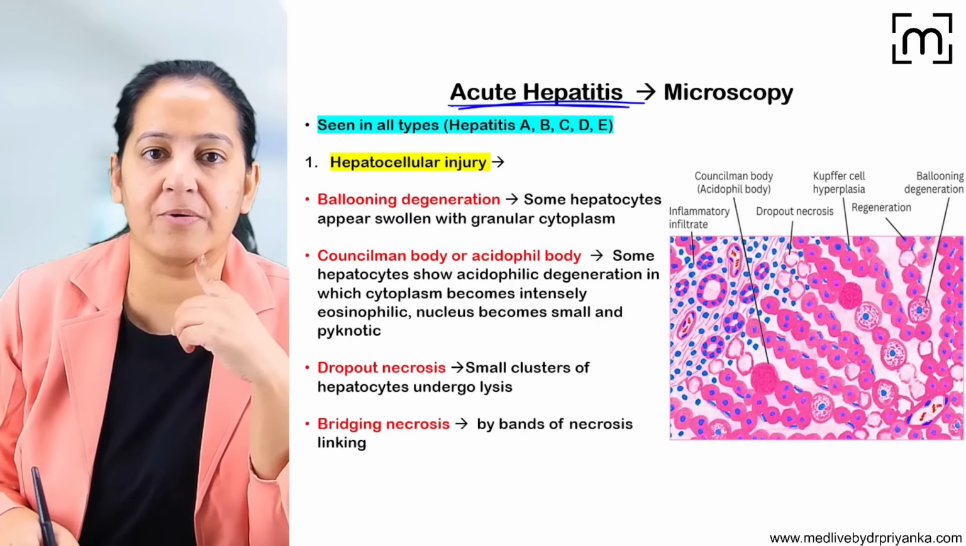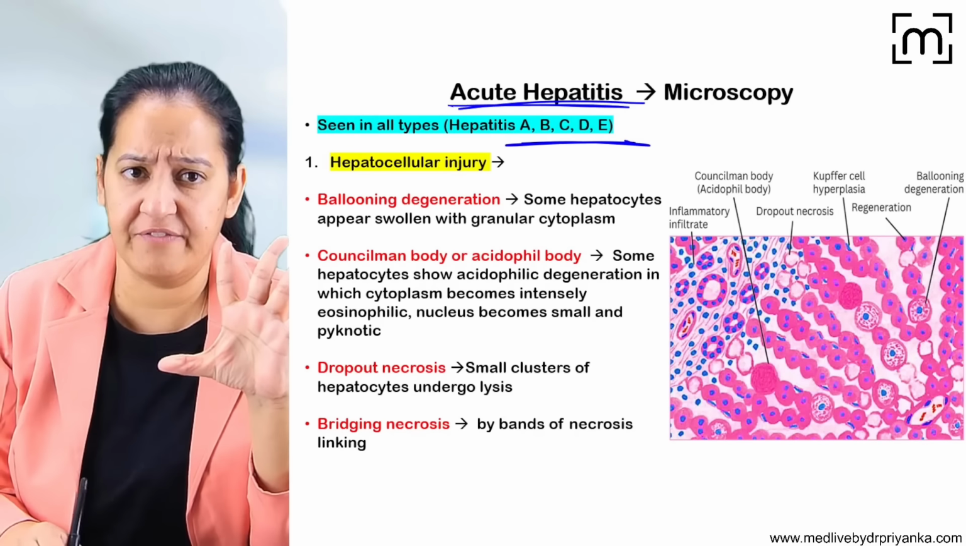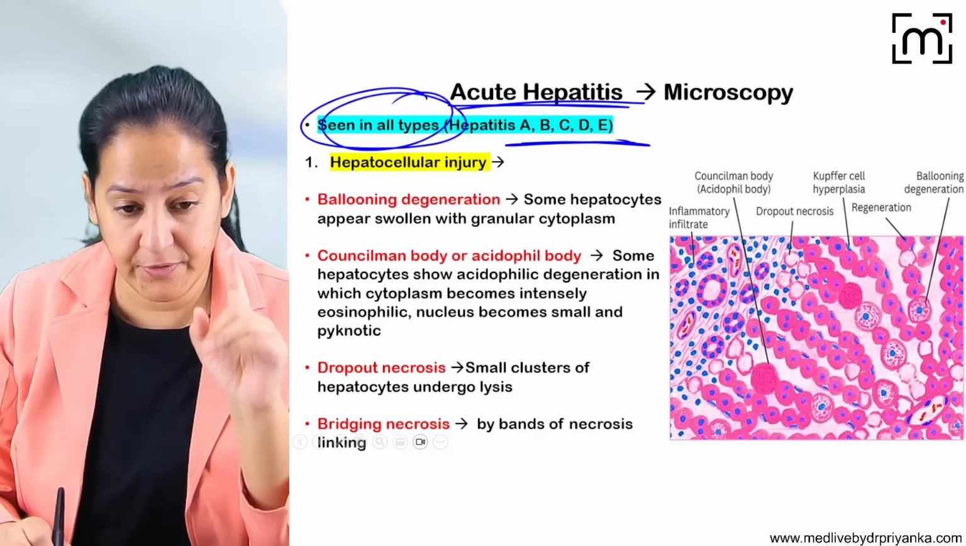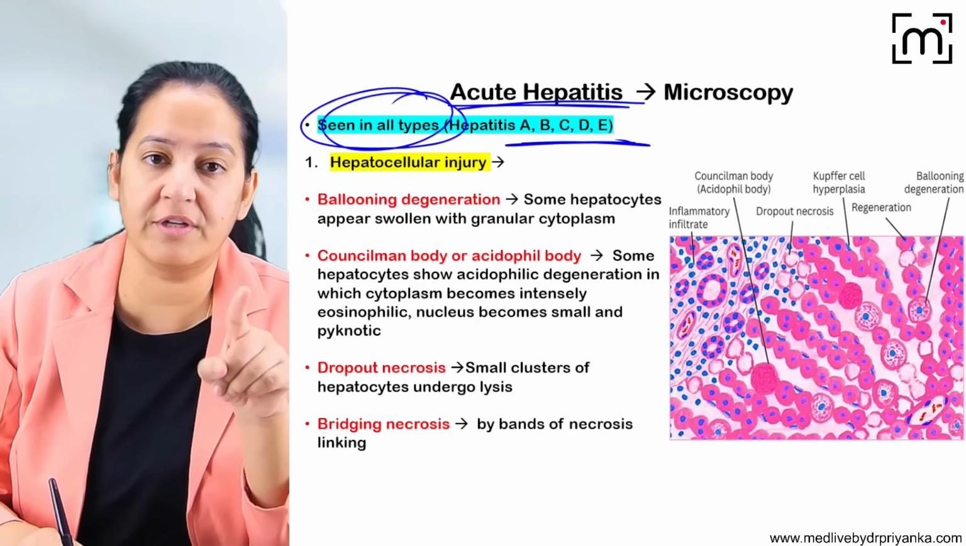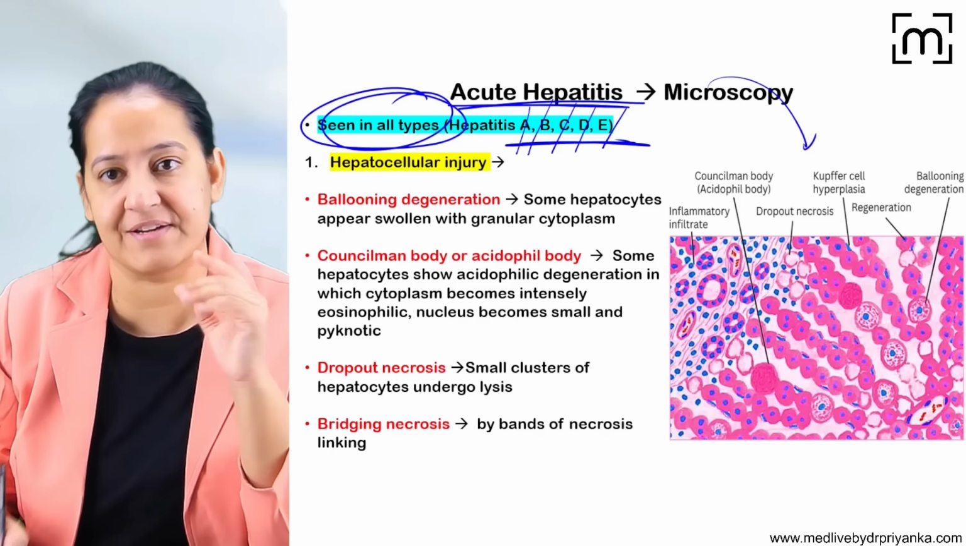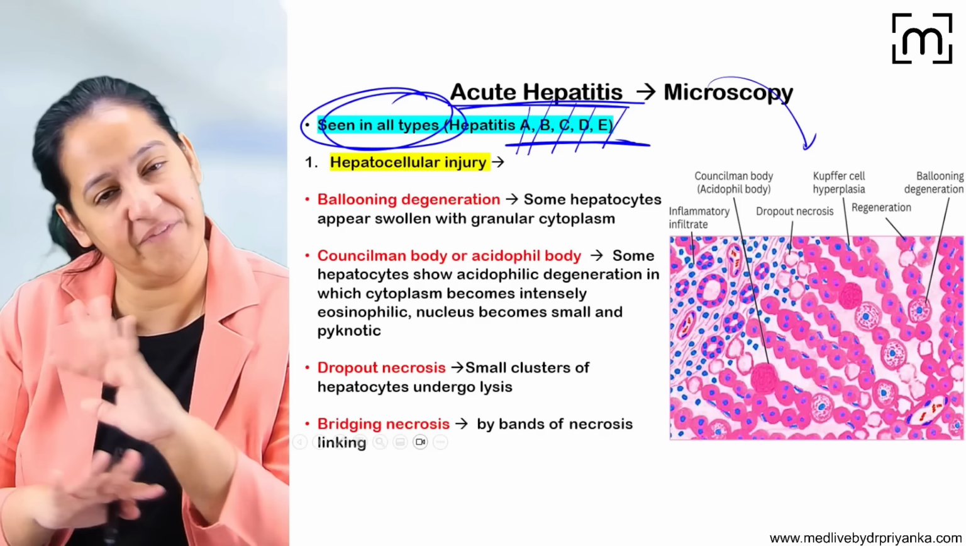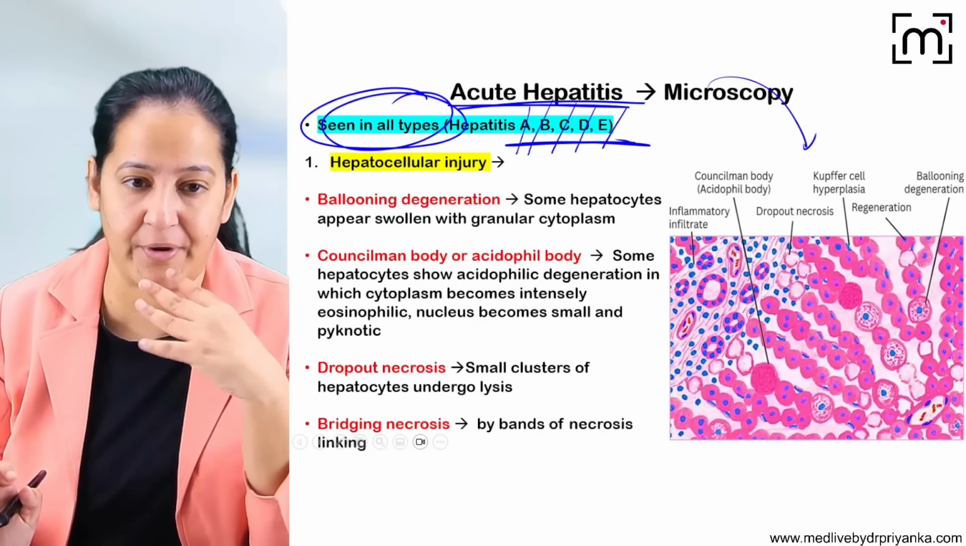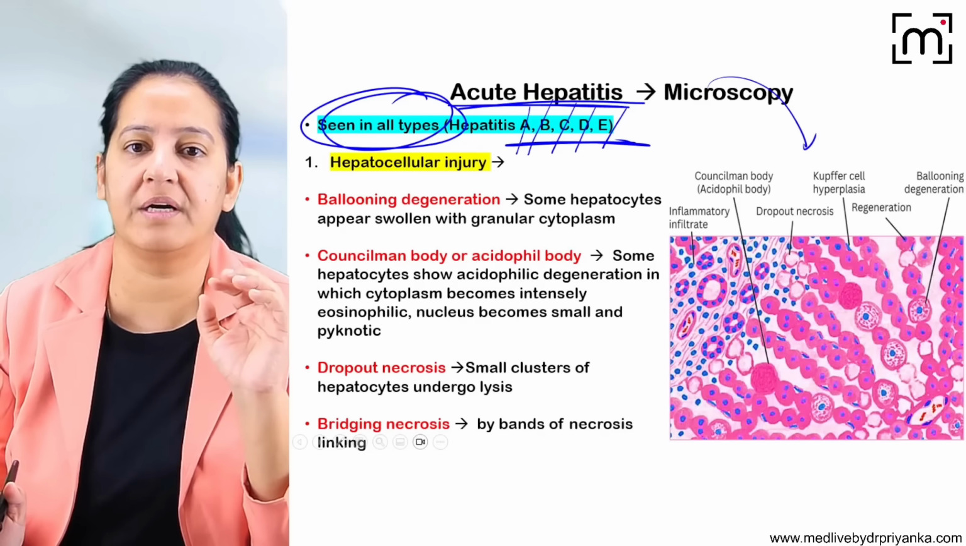So acute hepatitis microscopy is the same for all five. In your exam, don't get confused. Whether they ask you to draw the diagram of acute hepatitis A, B, C, D or E, you draw this diagram only. The diagram of acute hepatitis is the same, whether it is A, B, C, D, E. That is my point. So in the diagram, you have to show the,